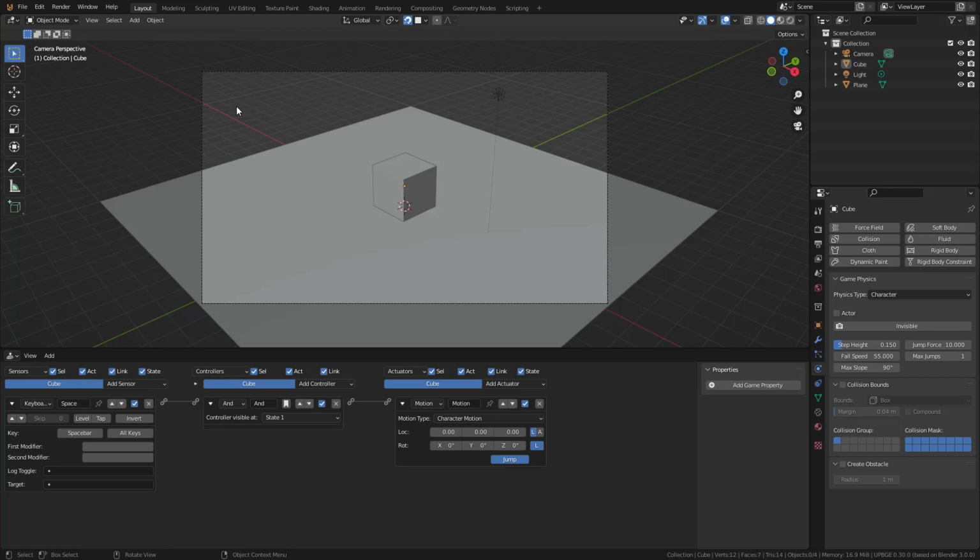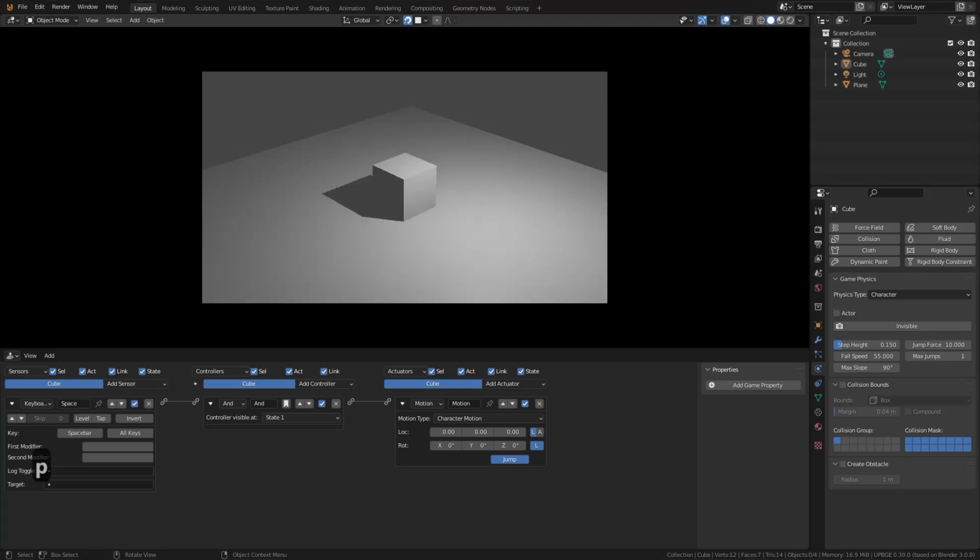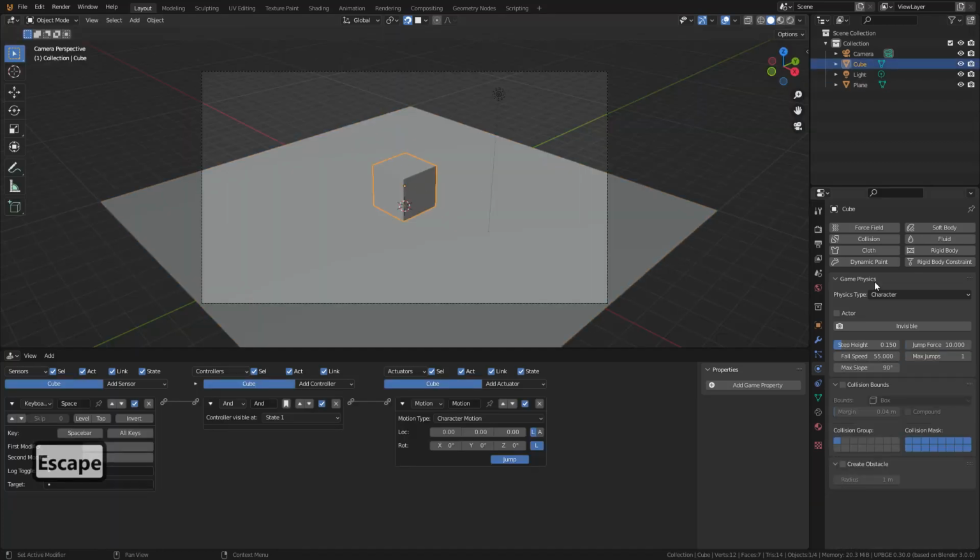In this video, I'm going to show you how to create a heads-up display for your game to display information on screen for the user, for the player. What I have here is a very simple game with a cube sitting on a plane. The cube has character physics, and there's just very simple logic down here. When I press the space bar, the cube jumps